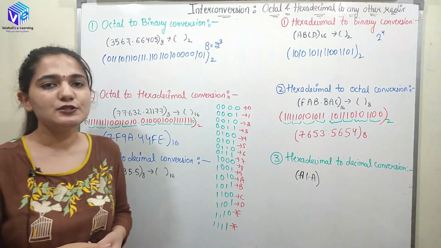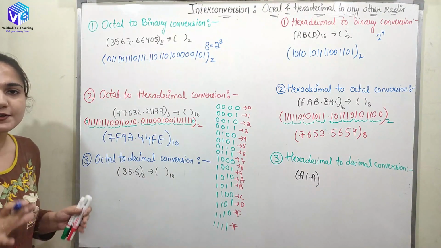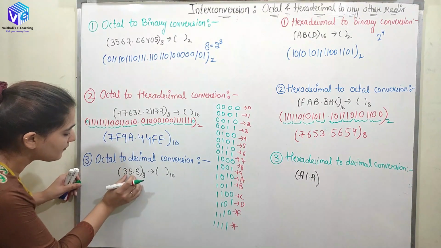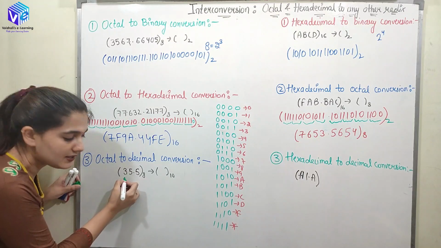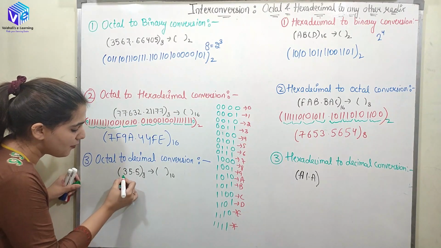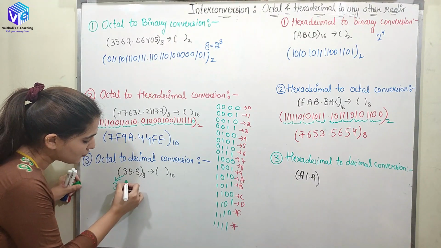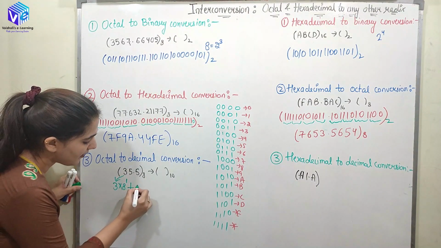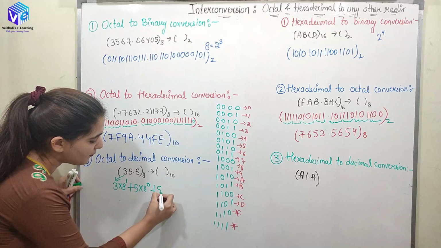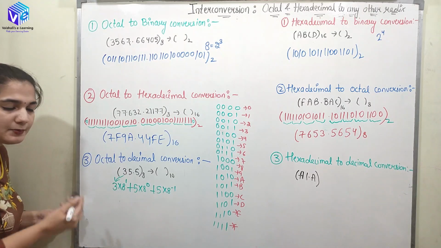Now coming to octal to the decimal conversion and hexadecimal to the decimal conversion. So this type of conversion is very simple. We have to use the polynomial representation. So now here we have 2 digits for the integers. So 3 into 8 raised to power 2 minus 1. So 8 is the base. We will represent the first digit into base raised to power m minus 1. M is 2. So 2 minus 1 would be 1. Then I will put the next digit and reduce the power of 8. So 8 raised to power 0. I will put the next digit and again reduce the power of 8. So now this is how I can represent this number.